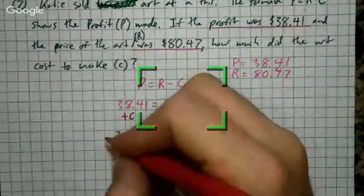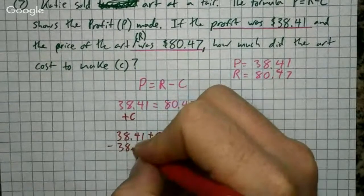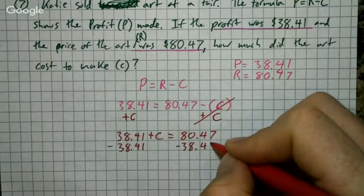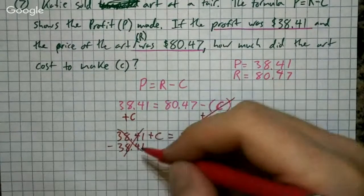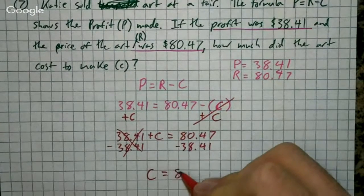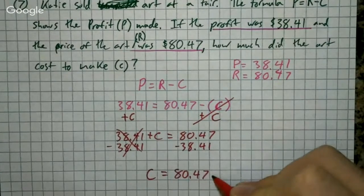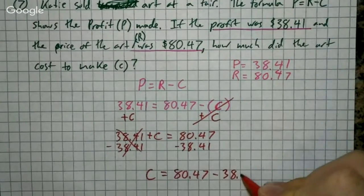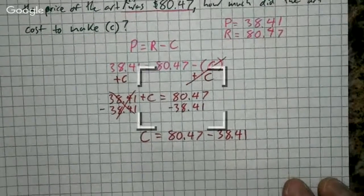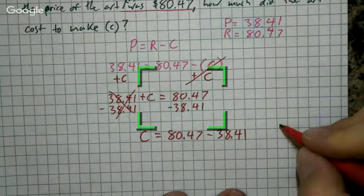And then I can subtract 38.41 and subtract 38.41, making sure I'm keeping both sides equal. Now it's going to say C equals 80.47 minus 38.41. Oh, now it's just a subtraction problem. And then you can go ahead and solve